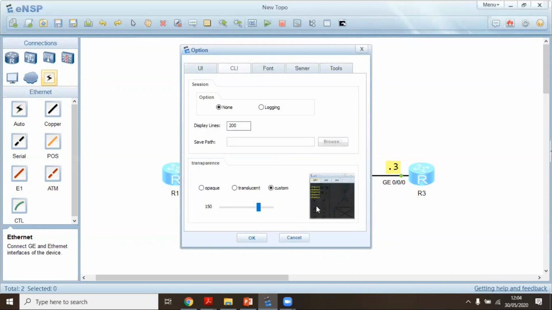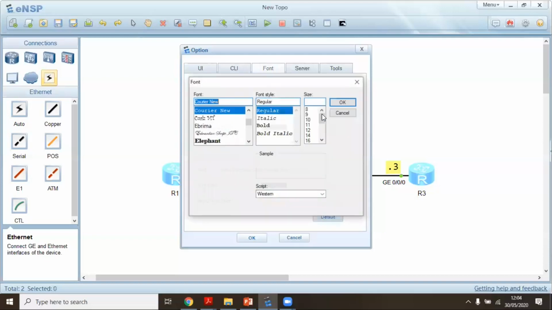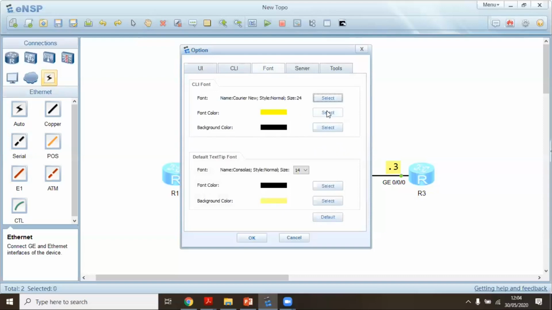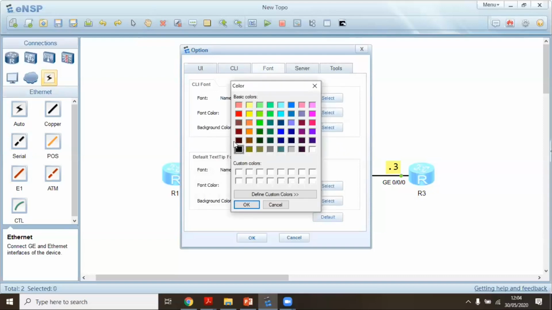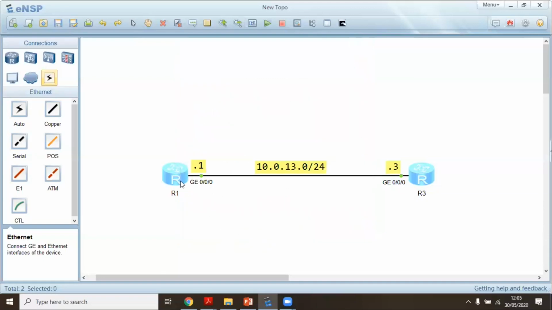So after you're done with the transparency, you can come to the font tab here. Under font, we have the CLI font. So if you want to change the size, for example, you can click here, select, then you change the size. If you want to change the font color, for example, I want to change it to that light green, I can simply click on that and then OK. If you want to change the background color, I can also change it, but I don't want to change the background color. So now if I click OK and I reopen the command line,